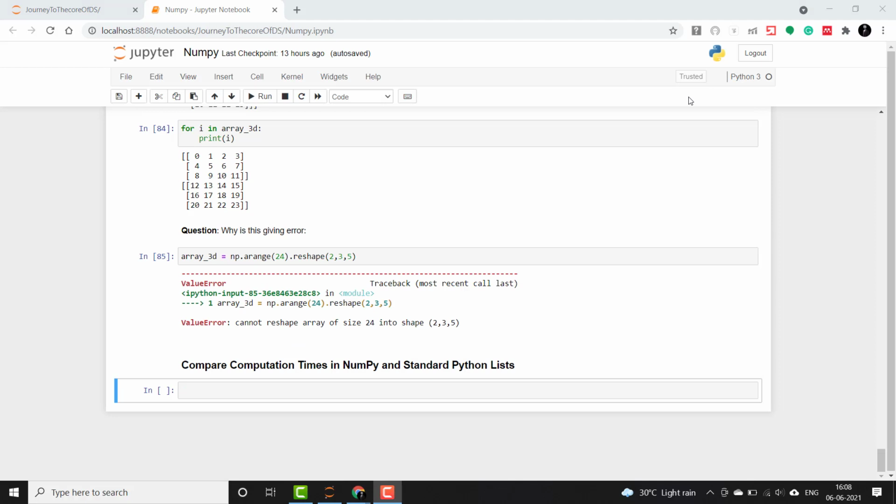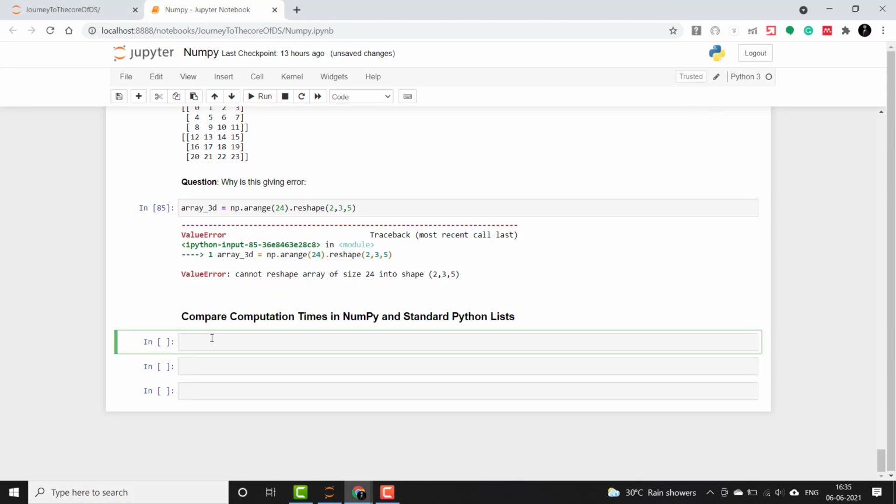So guys, as we have mentioned before, the key advantages of NumPy are convenience and speed of computation. Data scientists and analysts often work with extremely large data sets, and thus it is important for them to understand how much computation time and how much memory they can save using NumPy compared to a standard Python list. So let's compare the computation times of arrays and lists for a simple task of calculating the element-wise product of numbers. So guys, now let's start.